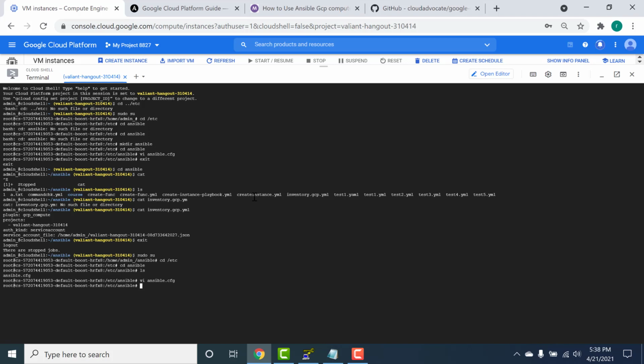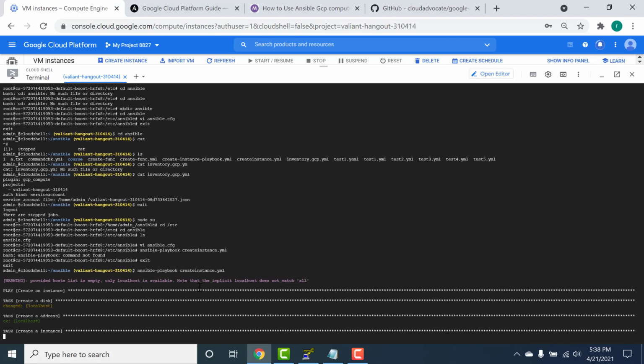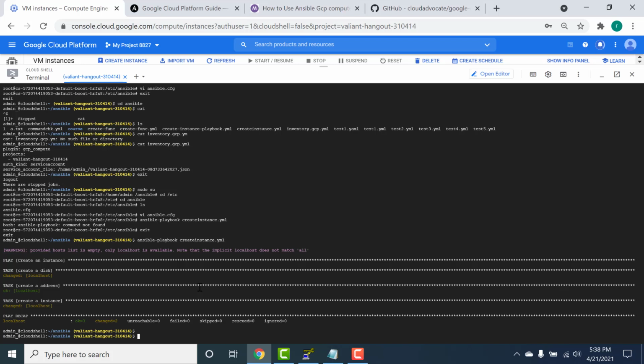So I'll call the Ansible playbook create instance.yaml. Okay, an instance has been created.